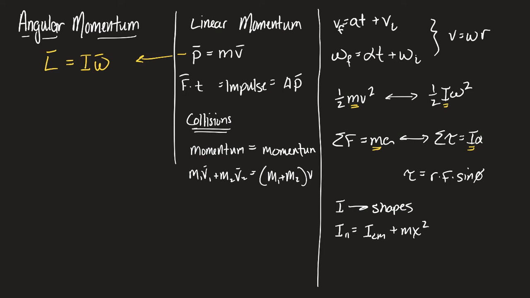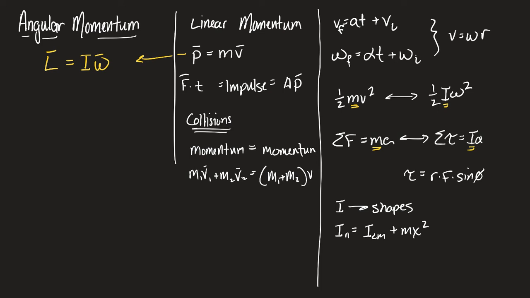So, like linear momentum, angular momentum is a measure of an object's resistance to changes in motion while moving. We talked about an object having momentum as being another way of measuring inertia while moving. So, angular momentum is rotational inertia while moving. One of the things that sets angular momentum apart, that makes it different than linear momentum, aside from the obvious